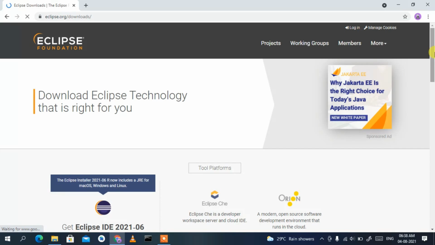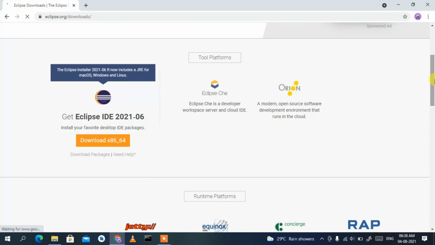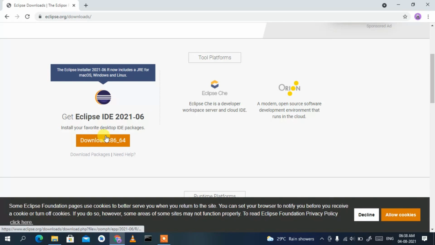In here you need to just scroll down a bit and we'll be getting this Get Eclipse IDE 2021-06. So this is basically the download button. So download x86_64. Just simply click on that to basically download our Eclipse IDE,